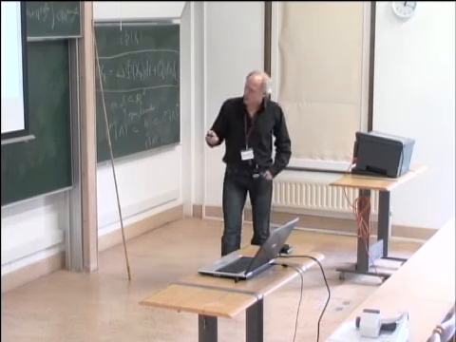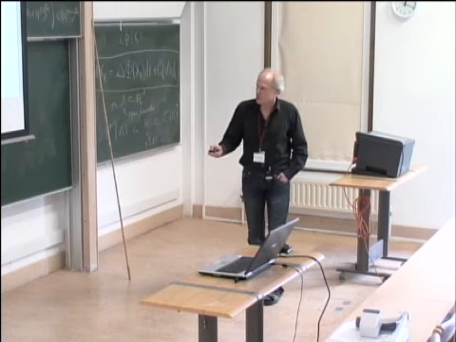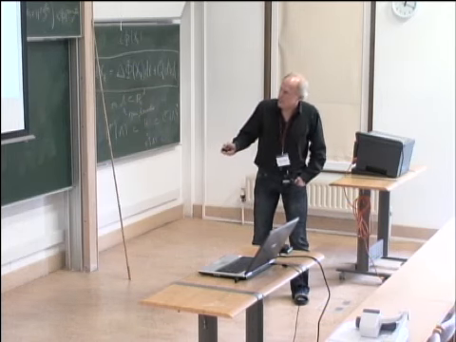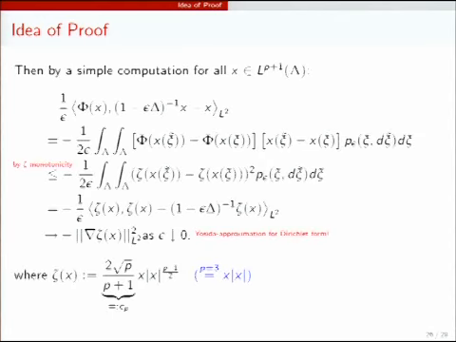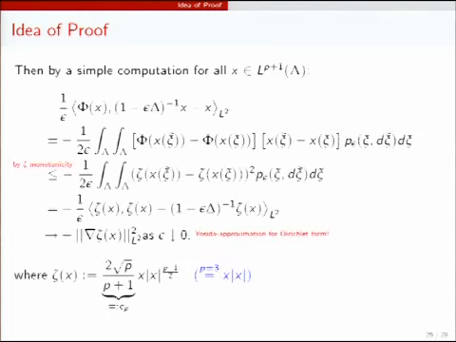Okay, so now how is the logic? The logic is, if we can prove this converges for epsilon to 0, we put this to the other side. Then the right-hand side converges increasingly. And this, on the other side, must be finite, because there's a sign, it's positive. This goes to something negative here. So it's always positive, so that means this goes to the other side. This converges, and that converges. So this must converge. It's increasing. So really this must be finite. So the zeta of x is in H1.